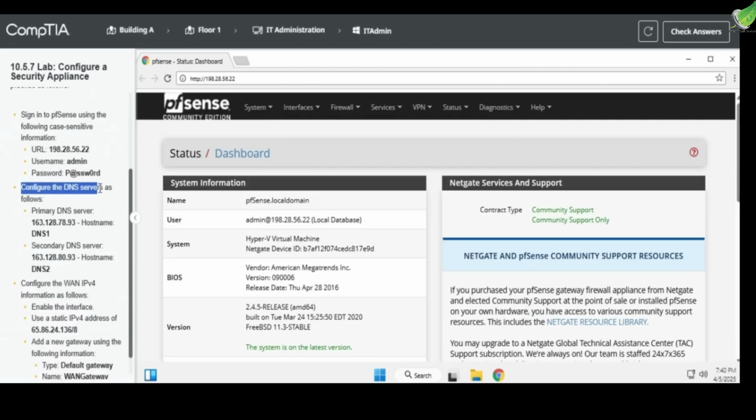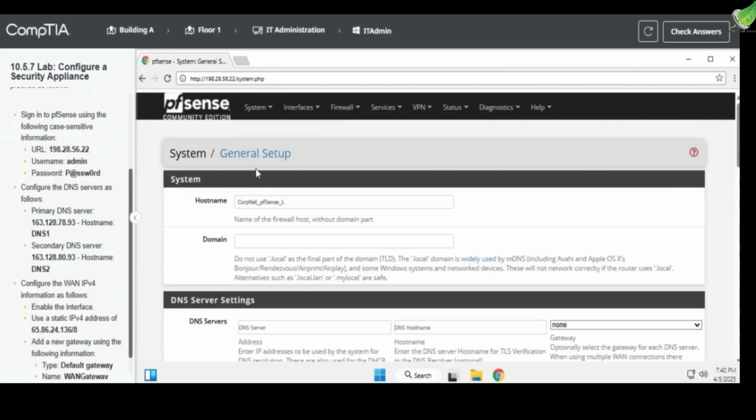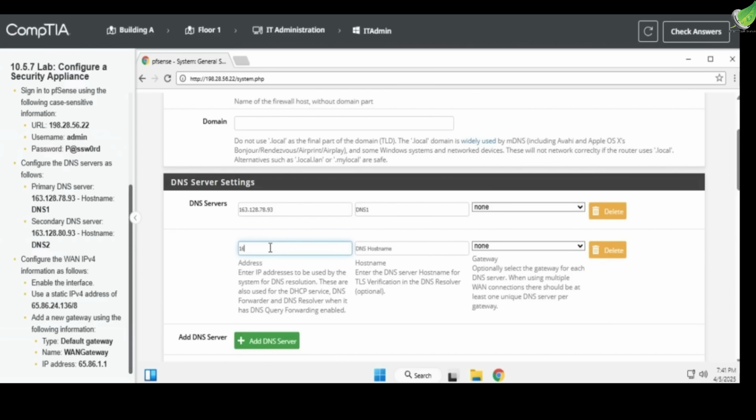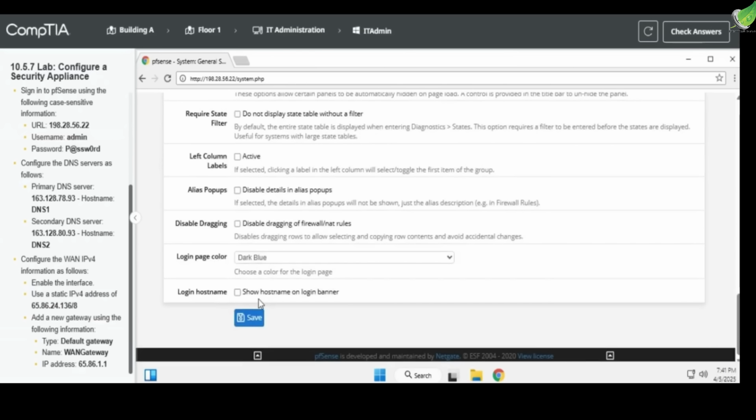Configure the DNS servers as follows. General setup, and let's see, DNS server 163.128.80.78.93. Okay, so we add DNS 197.168.53. So this is going to be DNS2, and then primary DNS server. So this is it. So we're going to go down and see. So we save,